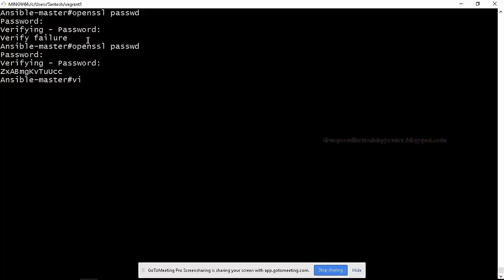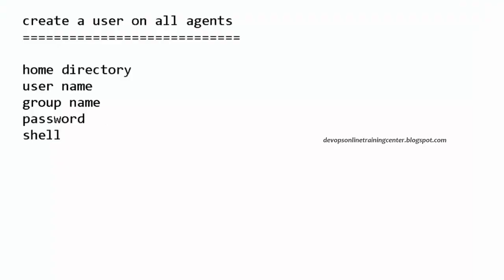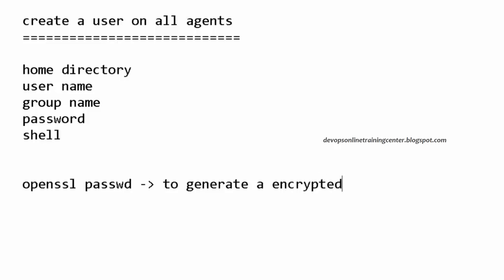What is the command? OpenSSL passwd, to generate an encrypted password for a user, right? So we can generate an encrypted password for the user.